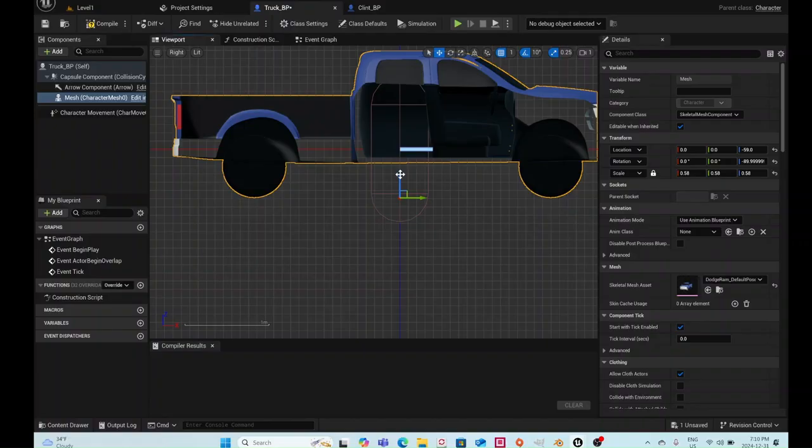Like the Clint character, I need to add a spring arm. And to the spring arm, I'm going to add a camera. With the spring arm selected, I am going to